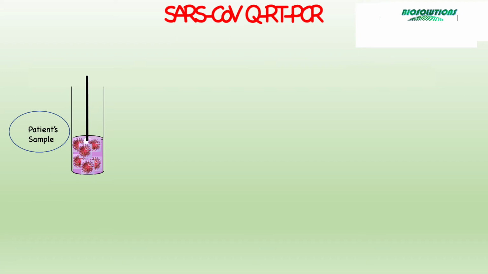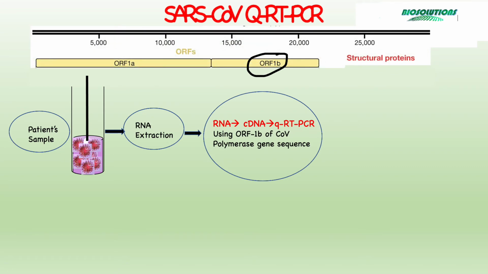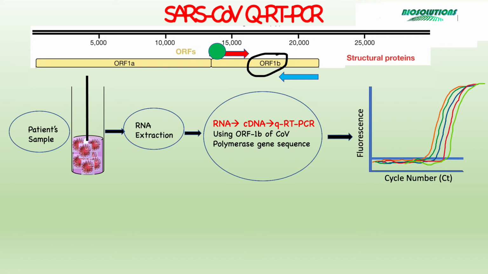Now, recently, SARS coronavirus 2 RT-PCR test is in news as a reliable, rapid, and sensitive method to diagnose the coronavirus infection. The primers are designed against open reading frame ORF1b of human coronavirus polymerase gene sequence. Each primer set is 5' end labeled with a fluorescent dye called 6-FAM to facilitate quantification in qRT-PCR. One-step amplification reactions along with positive and negative controls are performed for validation.